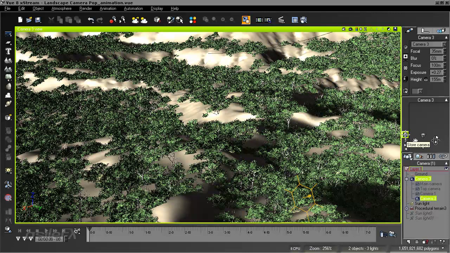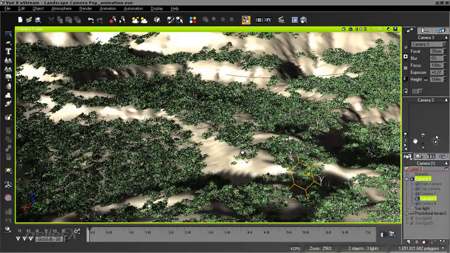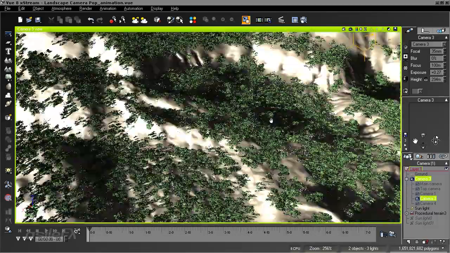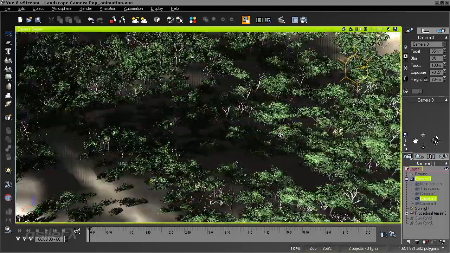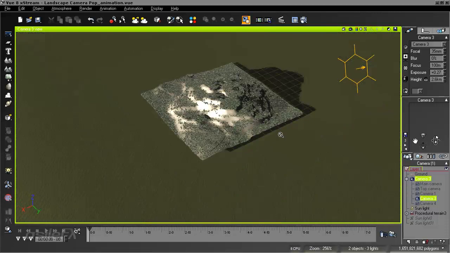So I'm going to store camera 3 to create camera 4, which is going to be the backup of 3. And now use camera 3 in order to set up what's going to be a camera mapped projection of the defining area. So now we can position camera 3 to be able to see